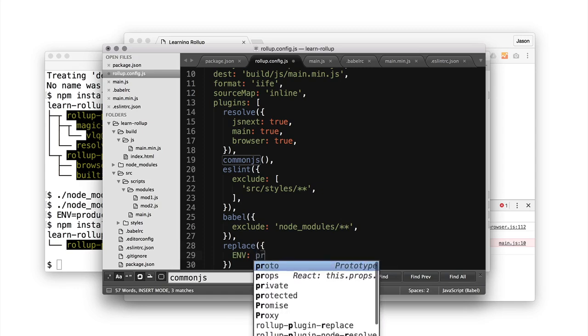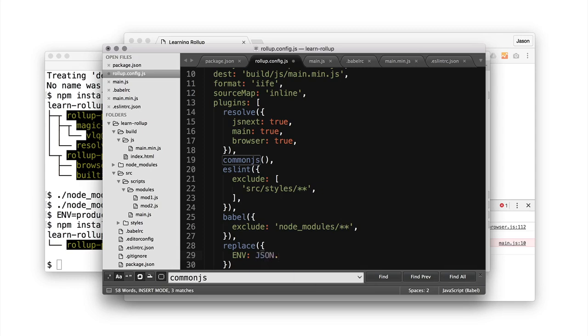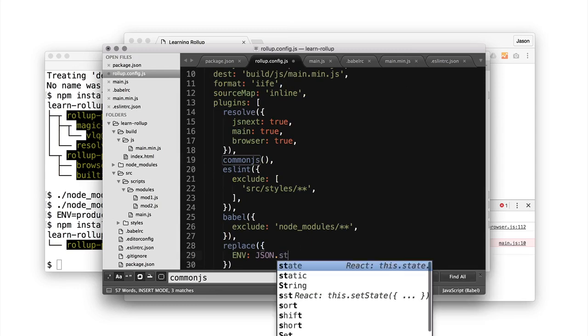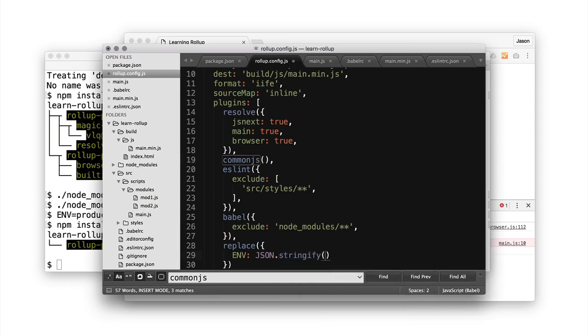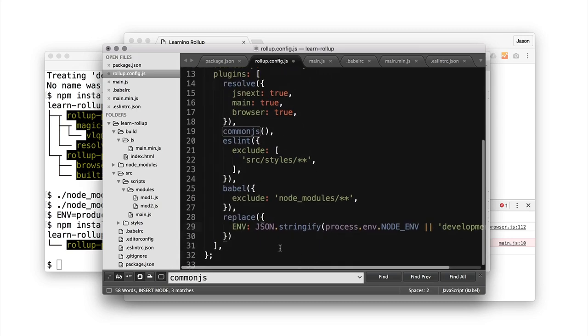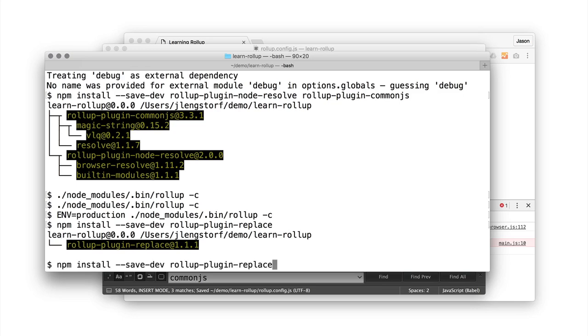So we want to make sure that it's actually encapsulated, because if you look here, it's a variable. So if we replace that with a string value, say production, that's going to break. So we need to make sure it's wrapped in quotes. So we're going to use JSON stringify for that. And we want to grab the contents of the node.env variable. Now that is the default way to pass environment variables when you're using Node. But if that's not passed, we're going to use this short circuit operator to assign a default value, which will be development. Okay, so with that done, we can save, we can run it,